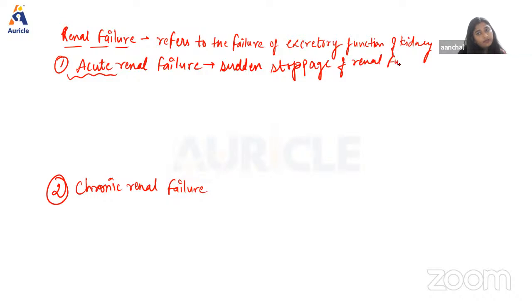It is often reversible within a few days to a few weeks, and acute renal failure may result in sudden life-threatening reactions inside the body, with the need for emergency treatment. Now, we should also learn the various causes responsible for acute renal failure. In causes, the first we have is